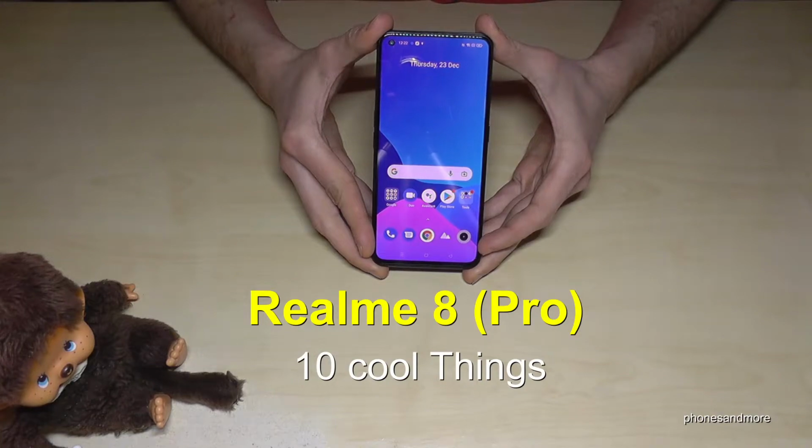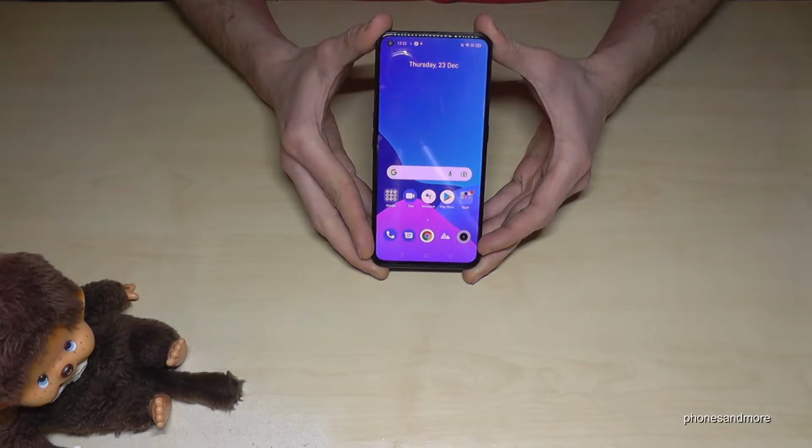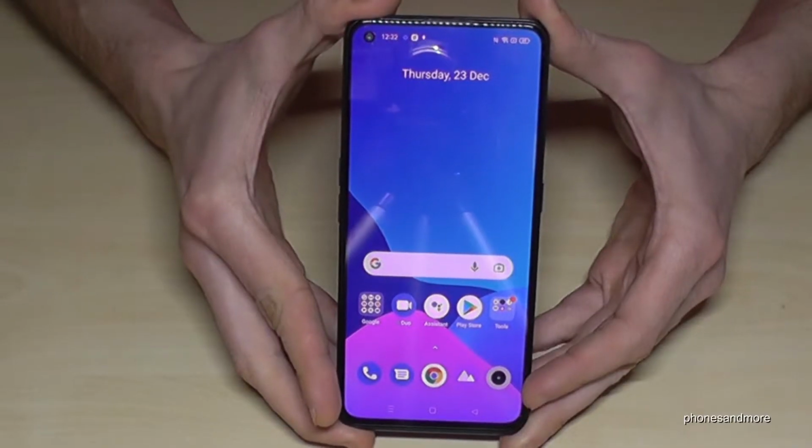Hello everybody, I want to show you with this video 10 cool things you can do with the Realme 8 and Realme 8 Pro. Okay, the first thing I want to show you is a sidebar, almost invisible, but you